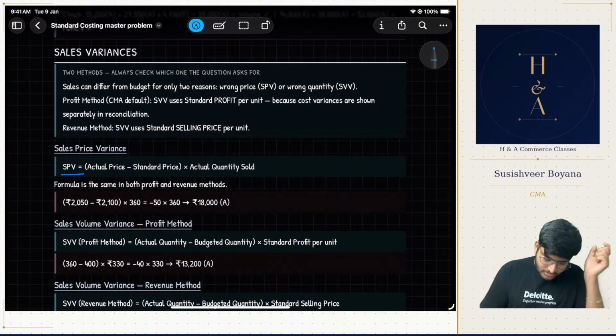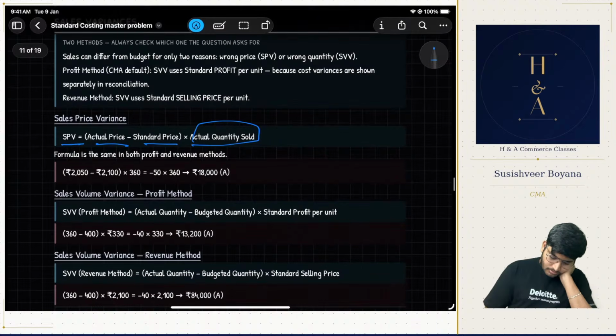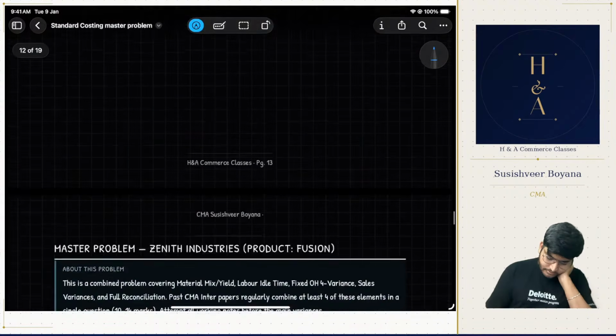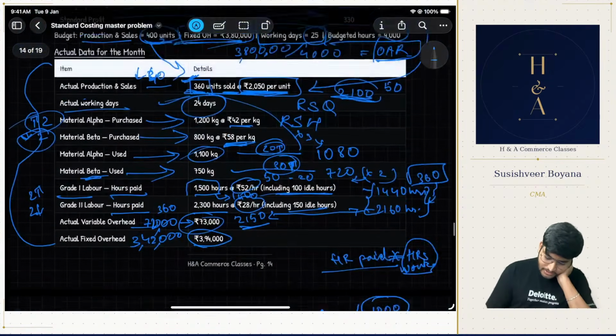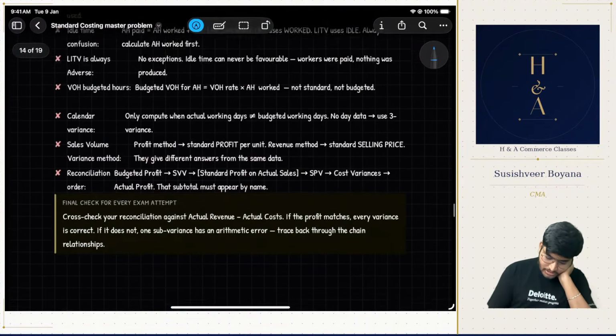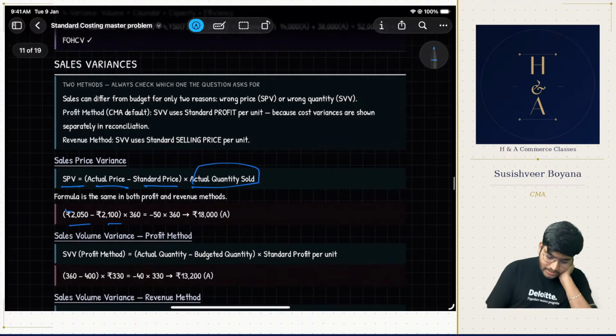Okay, sales price variance. Actual price minus standard price into actual quantity. Makes sense. Put in data. Remember, we already wrote it down here. 2050, 2100. This is the standard, this is the actual. All the figures that you see at the bottom are just pulled in for each and every specific part you're reading. The reason why I have put it like this